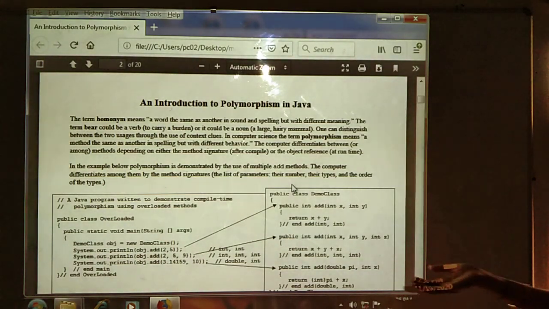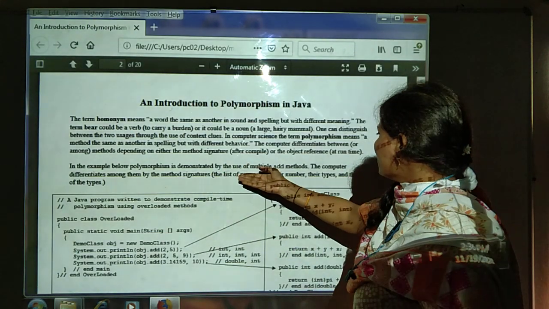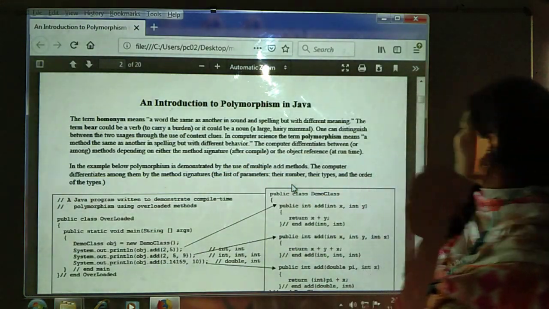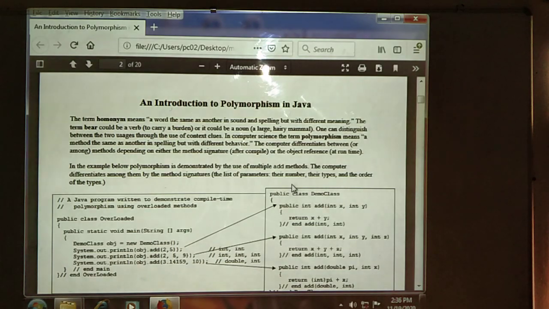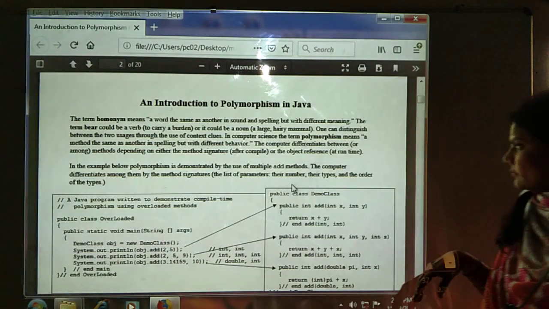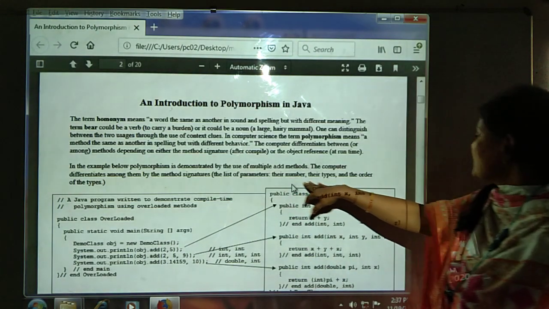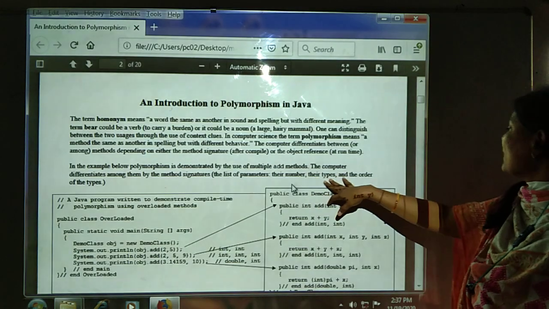In the below example, polymorphism is demonstrated by the use of multiple add methods. Means we use the add method multiple times, passing different signatures to perform the addition operation: the list of parameters, their number, type and order.